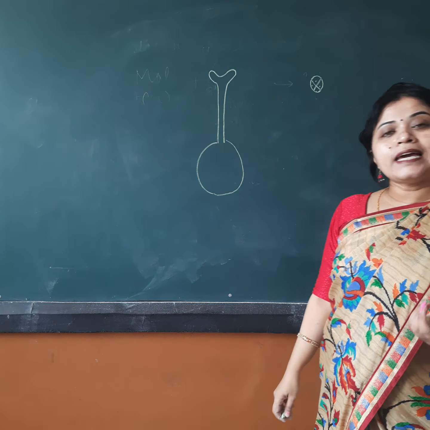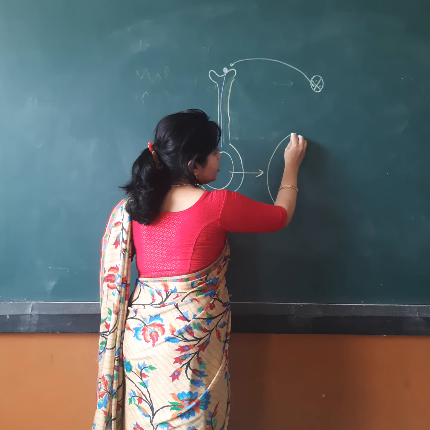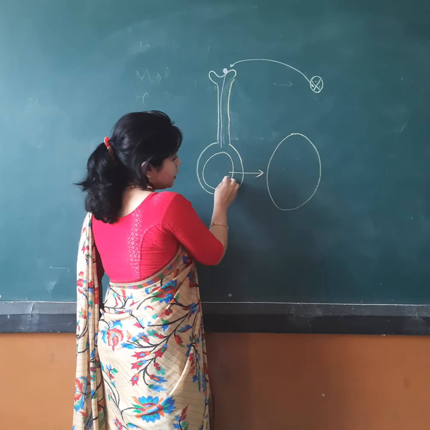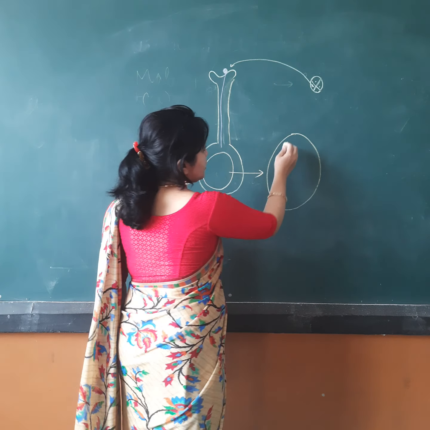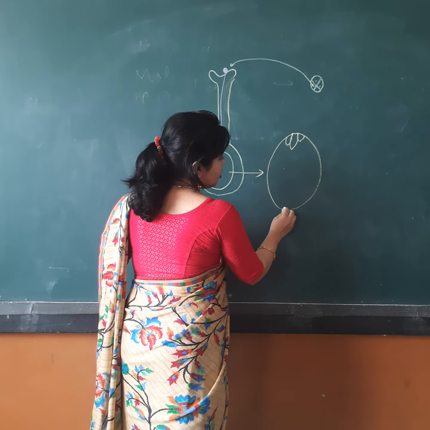Now what are the cells inside the ovule? The same structure I am drawing in a larger manner. That is, this ovule that you are having will be having one egg cell at the bottom, two synergids on the sides. Okay, this is the egg cell. This is surrounded by two synergids,